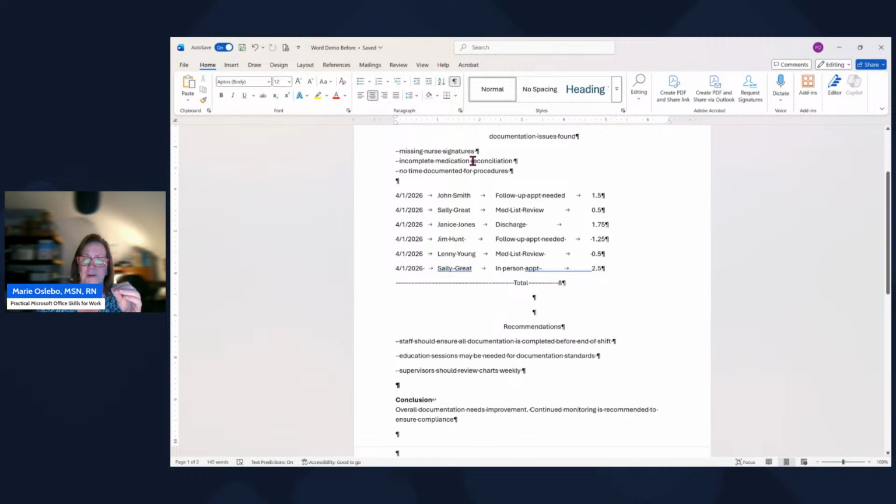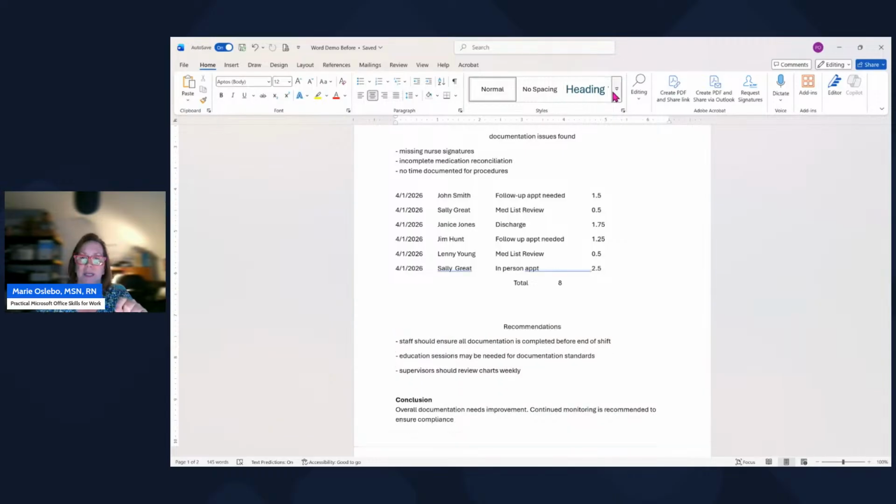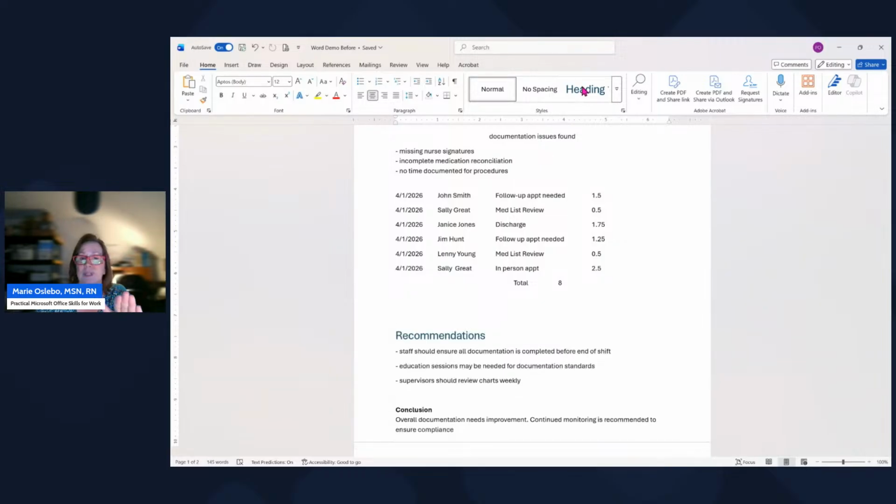So I'm going to turn my paragraph back on. I wanted to make sure there weren't any spaces before recommends. And if I select heading, see how, and I'm not even selecting it, I'm just rolling over it. See how it automatically changed the way it displays? That's what it's telling you. I haven't clicked on it. If I were to select on heading 2, and I'm just rolling over it, you see how it changes just ever so slightly. So you can see, before you even select it, how you want your document to look by just rolling over these different